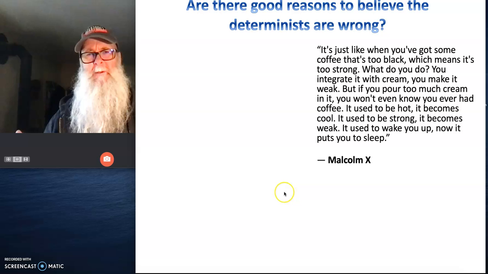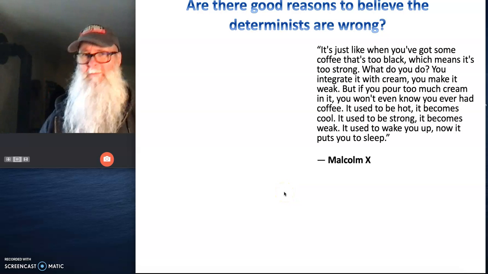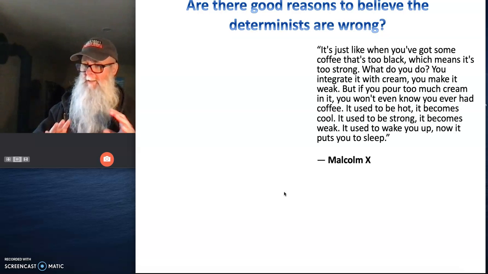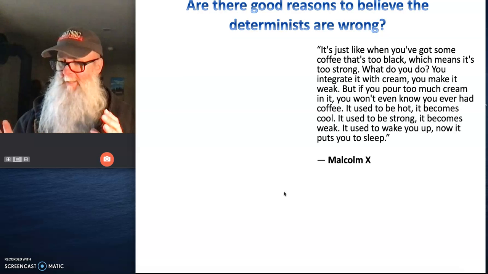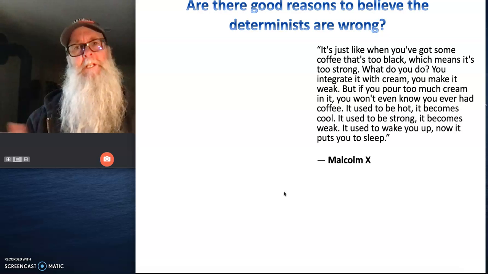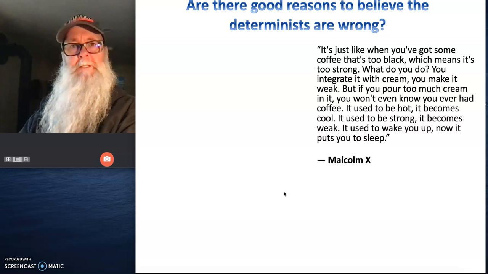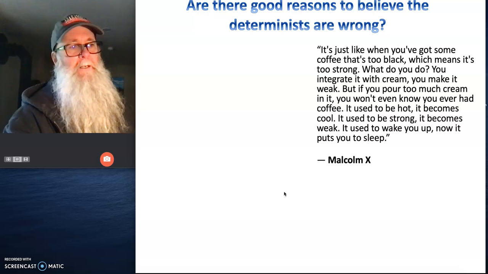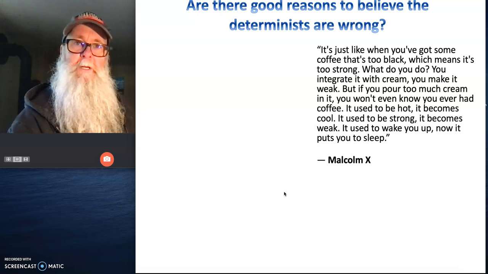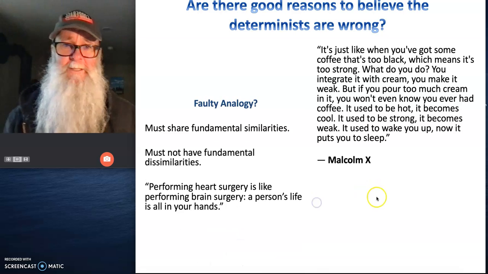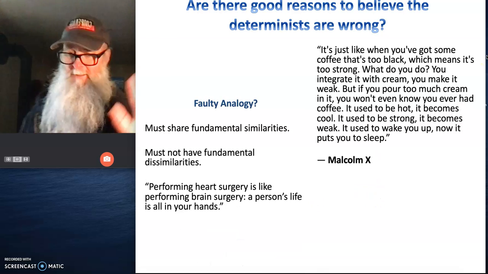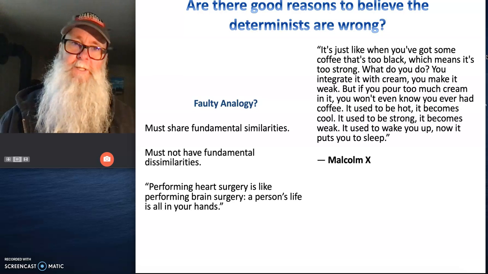And what we would do is we'd ask ourselves, is this a fair analogy? Is this a reliable analogy? Is it acceptable? Is it appropriate for me to draw a conclusion about the dynamics of a civil rights movement based on something similar that happens with coffee and cream? And if not, we might say, as beautiful as the analogy is, and it is, it's a faulty analogy.